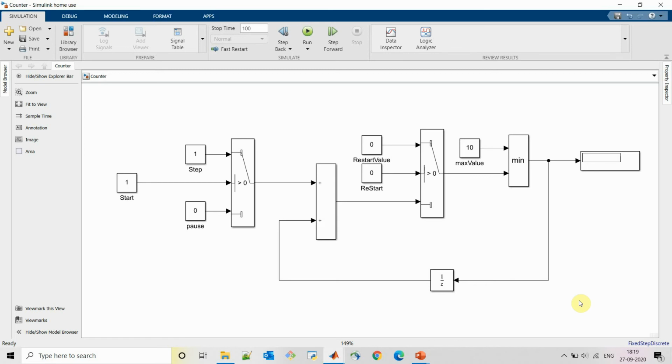The same can be used to calculate distance traveled at a particular time as per the input speed, and the same logic can be used to count different physical parameters based on its input step and simulation time. Let's start creating a library block from this counter.